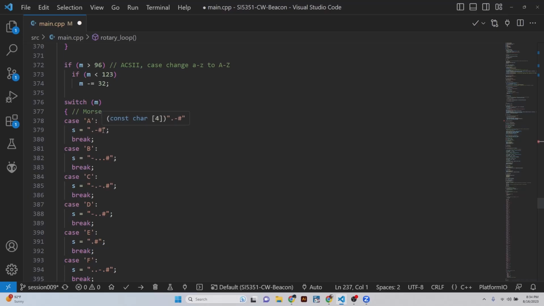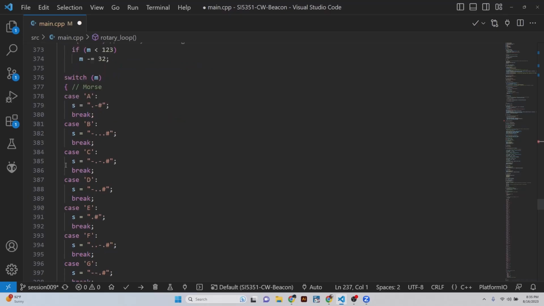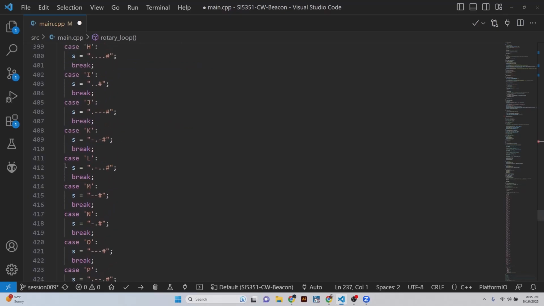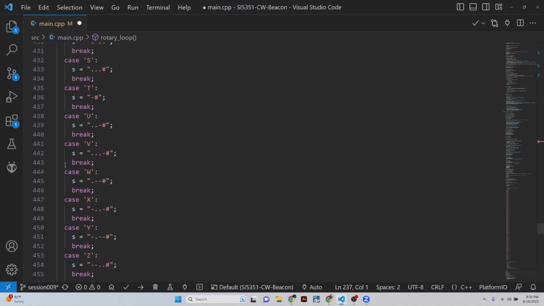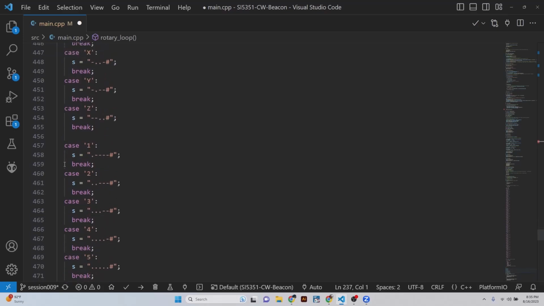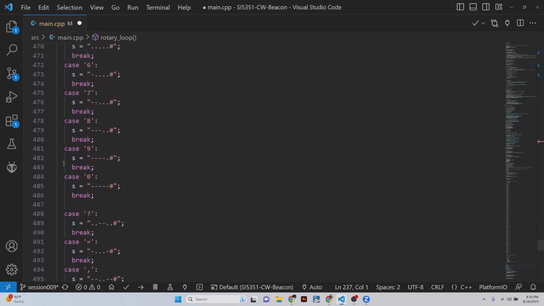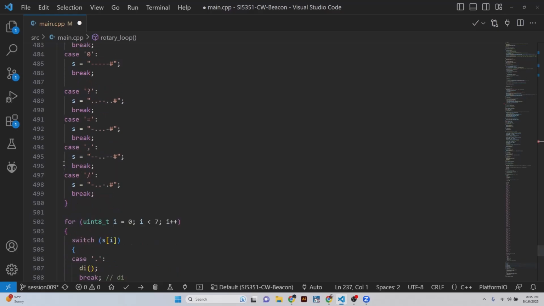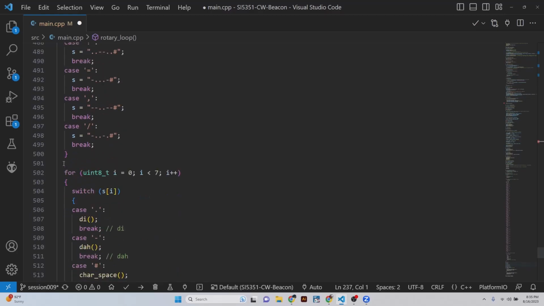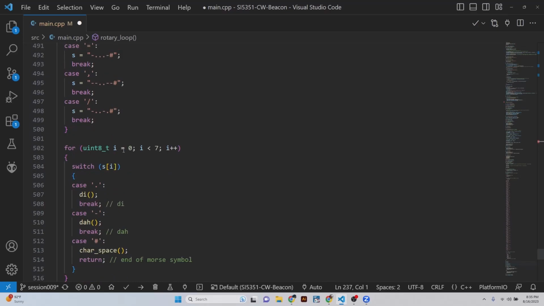dash and then a space. The hashtag is used for space. So it basically populates that string, and it's got every one of the characters with each one of the dits and das for it. And the numbers, and then all the pro signs, question mark, equals, comma, slash. And then what it does is it basically goes through and